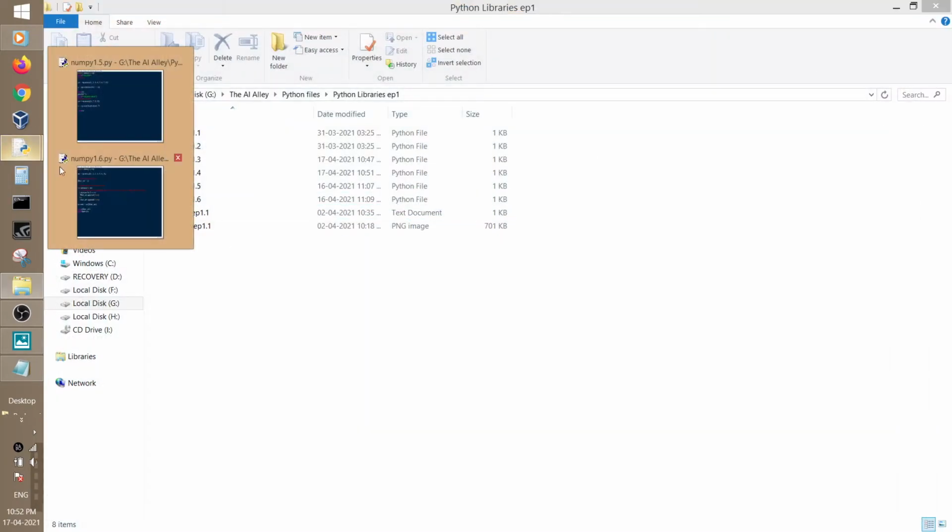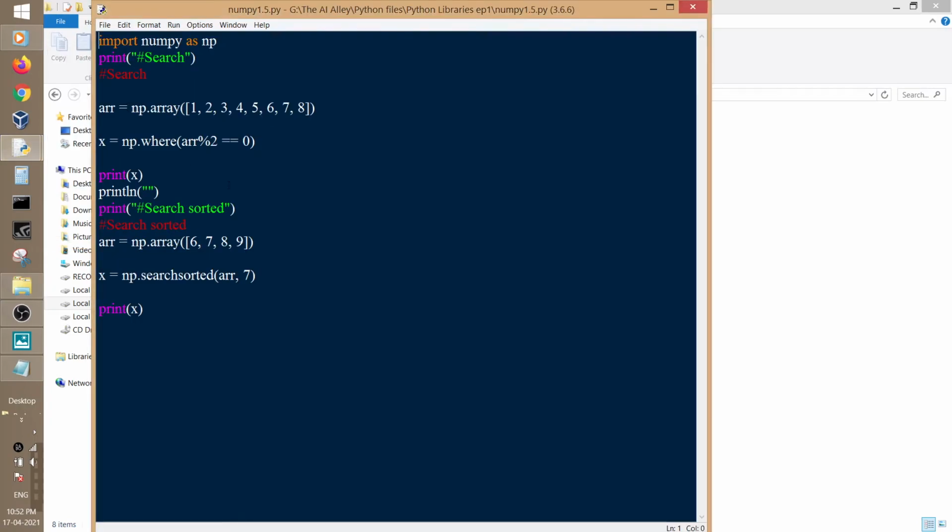So moving to the next script, here we are using some search and sorted search functions. There is a function in NumPy which can be used to find the index of an element using a simple equation or directly using the element.